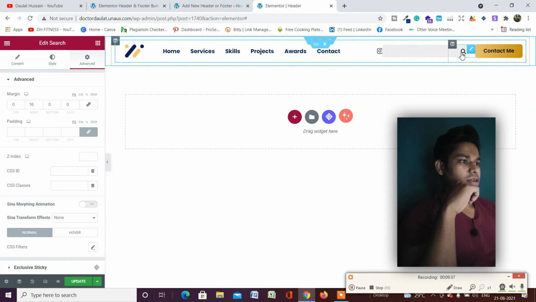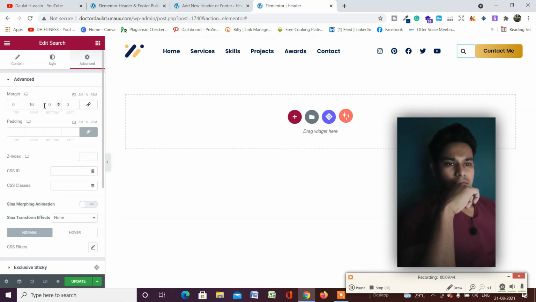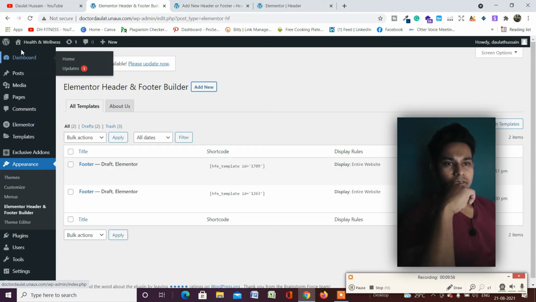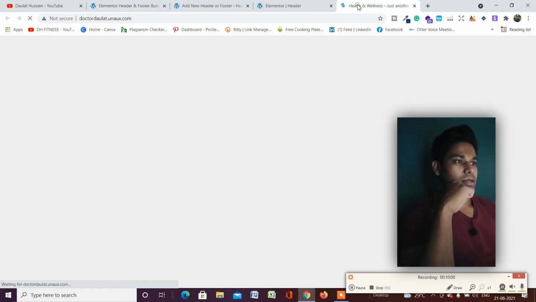So as you can see, we got a nice animation. You can also increase this one a bit. So as we can see, we are ready with these sections. Let me show you how it looks on the actual website. If I go to the sections and open it in a new tab,